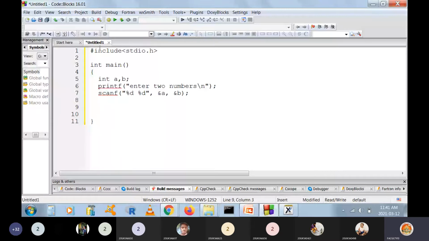I do not know how to find average of these two numbers. So what I have to do, I have to take the help of a function which finds average, given these two numbers, and returns that average value. This is how you should think. It's a function's best example I can tell you in real time.